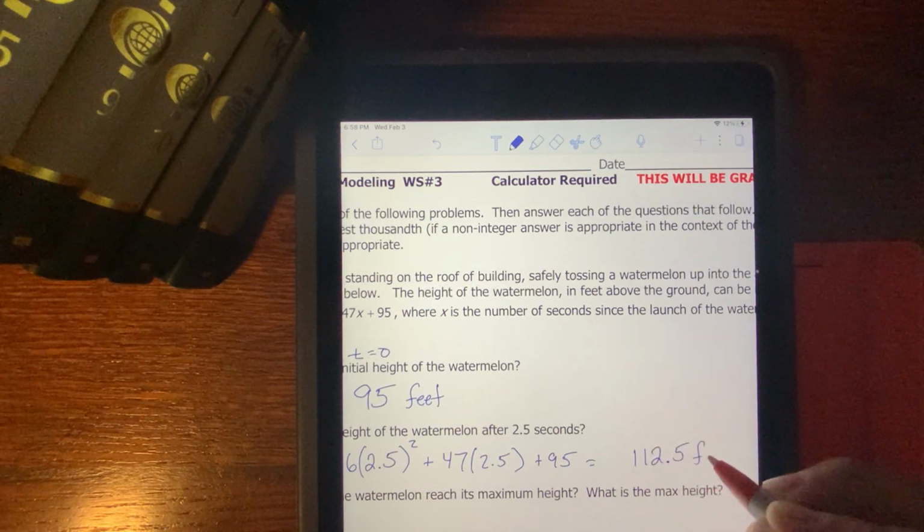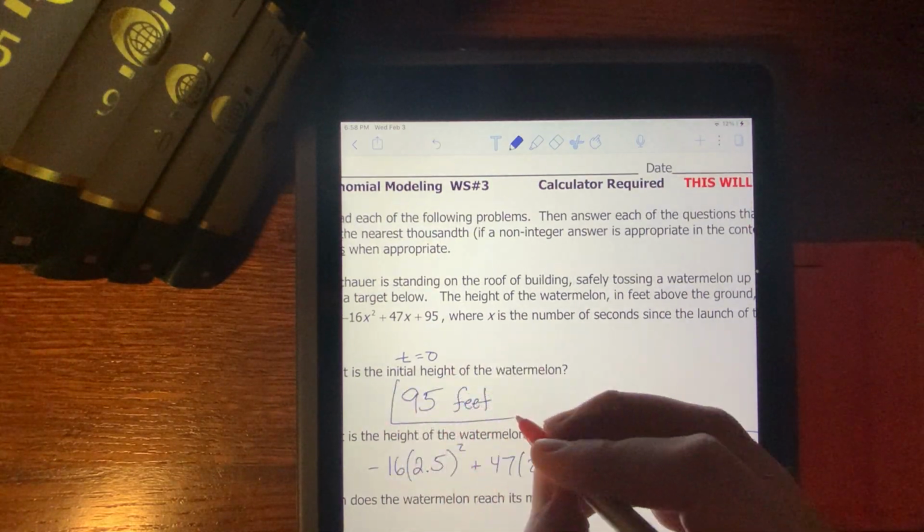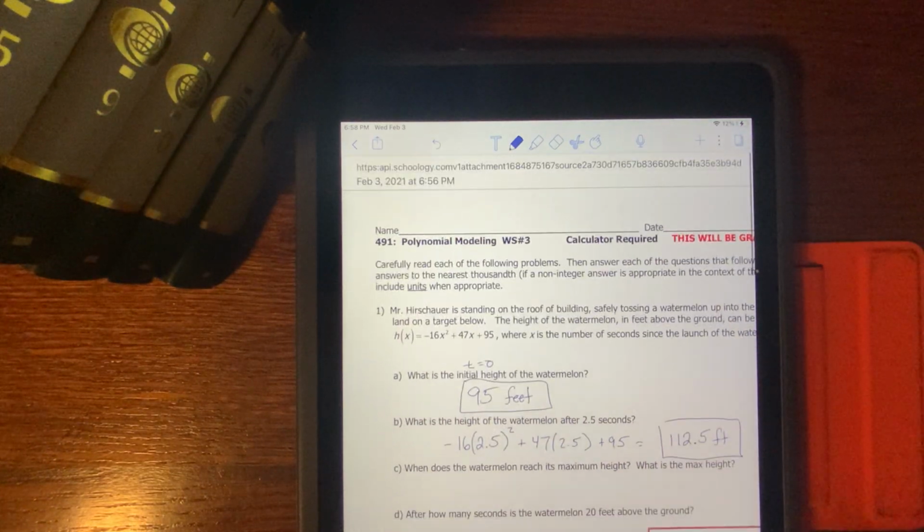112.5 feet. All right, so those are kind of the little amateur problems there. Nothing too crazy, not using your calculator very heavily. But really, after that question, it's going to be diving a bit more into your calculator functions, like the graphing